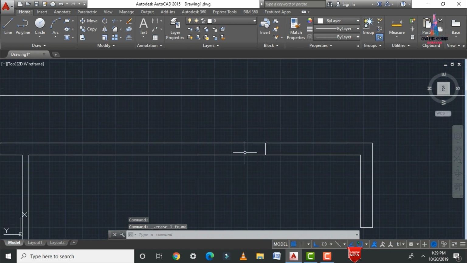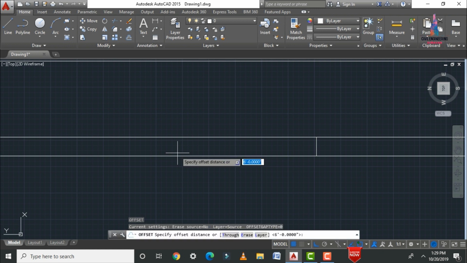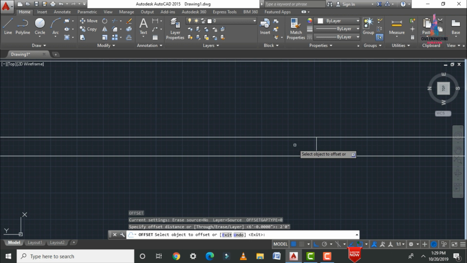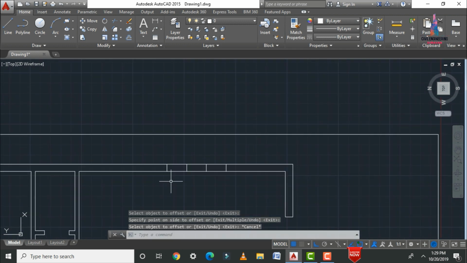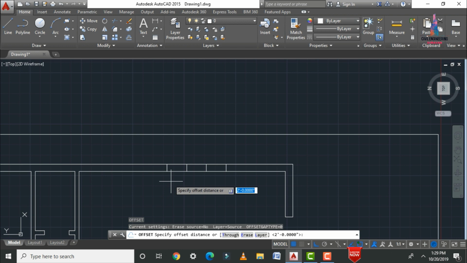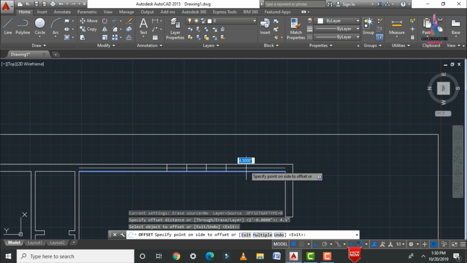Okay, now you can apply the window with the help of the offset with 3 panels. Let us consider each panel will be 2 feet 0 inches. I am applying the offset here, 2 feet 0 inches, 2 feet 0 inches, and 2 feet 0 inches. Okay, so after that we have to apply the offset here, which is related to the center point of this line. So basically we considered this distance as 9 inches. 9 inches divided by 2 equals 4.5 inches. So I am applying the offset here.